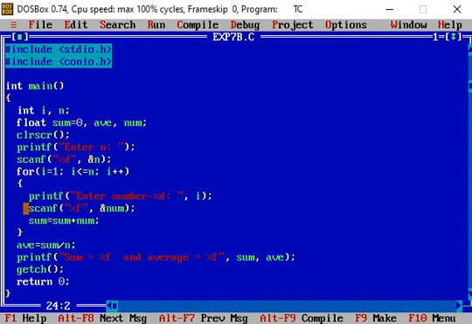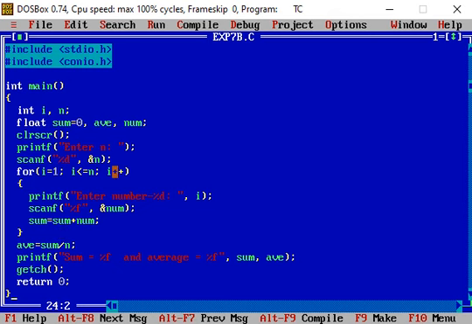This number is taken in by the scanf function and is stored with the variable num. Then using the next statement, sum equal to sum plus num, the taken number 34 is added to the initial value of sum, that is equal to 33. So 33 plus 34, this becomes 67. 67 is assigned to the left side variable sum.